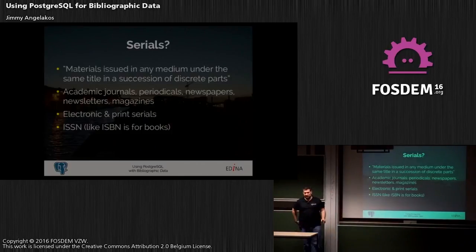So let's put this aside for a while and look at what serials are. Serials are not numbers in this context. Serials are series of publications that are issued under the same title. So it covers academic journals, periodicals, newspapers, newsletters, and magazines, things that are published in a regular or irregular fashion and have no fixed end to their publication. So we can have them in electronic form as PDFs perhaps, or some other format, and we can have them printed as we have had for decades. Their basic identifier is the ISSN, which is, you know what the ISBN is for books, I guess. It's the